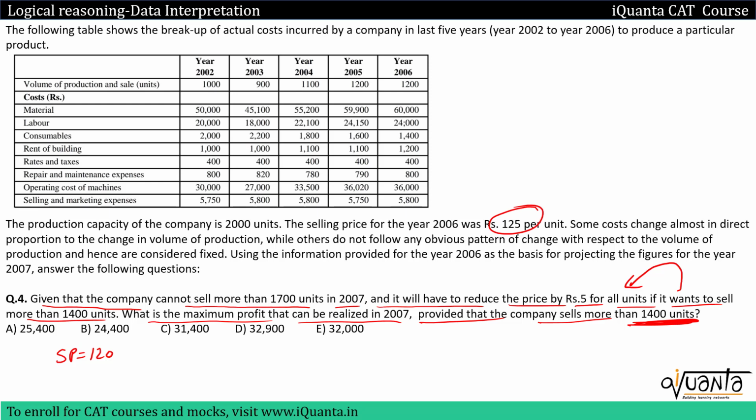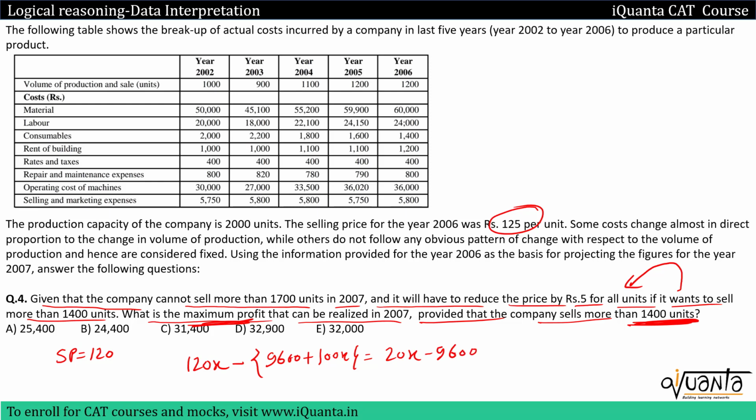Okay. Here also in the question we are trying to maximize the profit. So profit is SP minus CP. SP will be 120x, for example, if I am producing x units in that particular year, minus CP. You already know the CP, it was coming out as this much, 9600 plus 100x. So when you solve this, you will be getting 20x minus 9600.